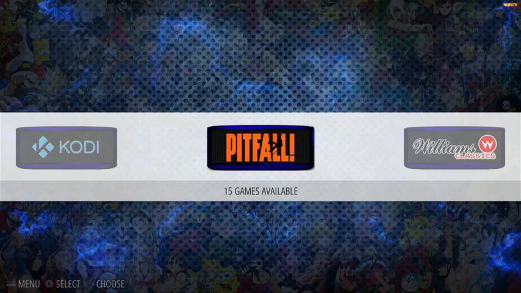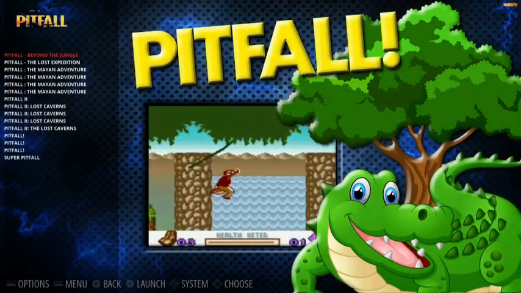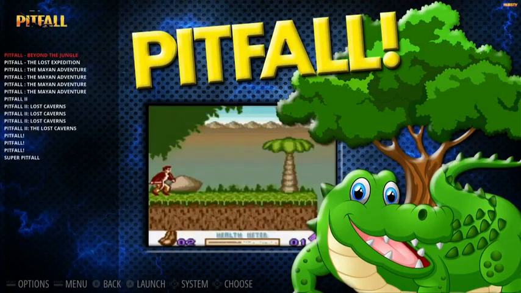If you ever do a collections menu and then later you add more ROMs onto your system, they don't automatically show up. You will have to rerun the collections menus script and do an update for that collection, and it'll update itself and find all the new ROMs that you've copied over. So let's just take a look at these and then we'll go run the script and I'll show you what it looks like. If I go into the Pitfall collection, here are all of the Pitfall games